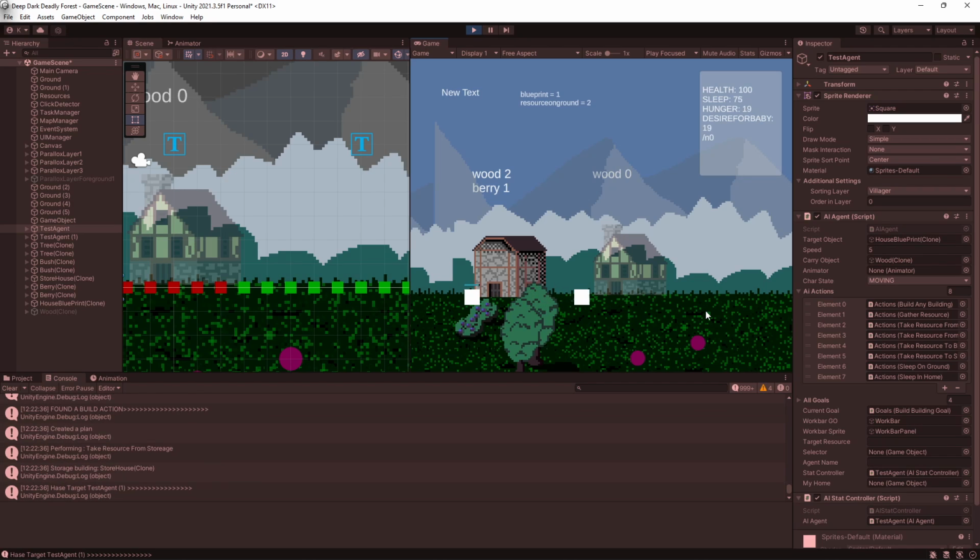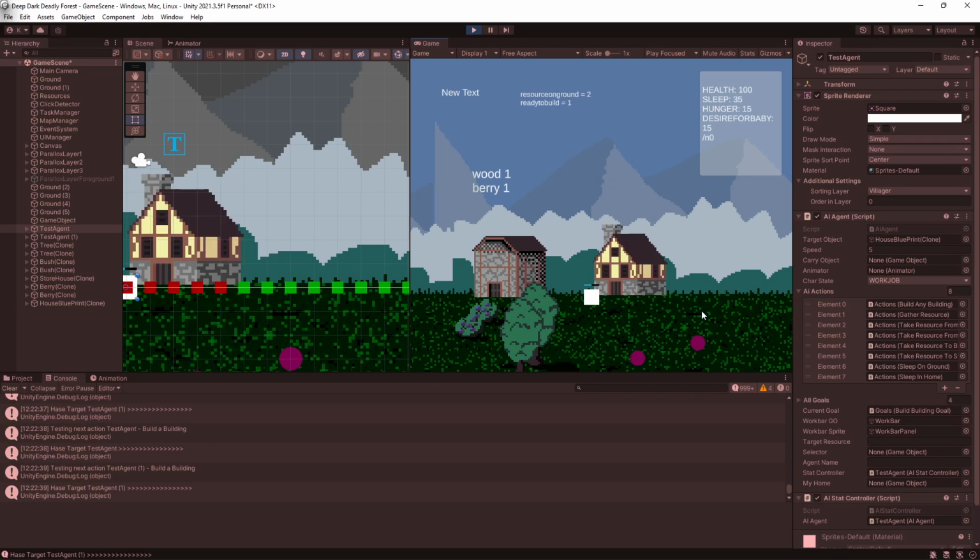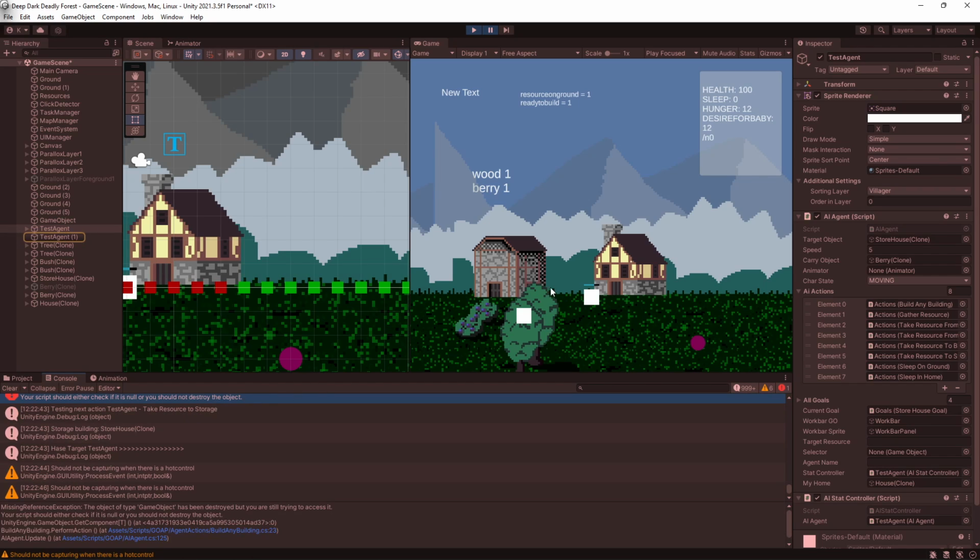All right, come on, wake up. So they're both grabbing wood. They're both dropping it off. They're both building it. He's trying to drop something off. Of course, he's trying to drop something off. So those are just some other fixes I probably need to do with some of these other actions.